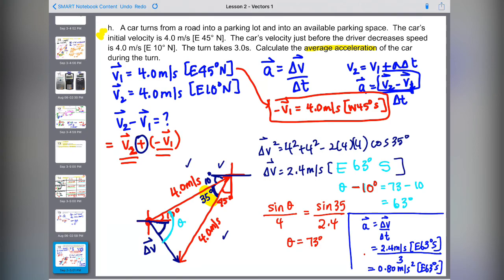Super long and lengthy. Two big parts. Do you know how to do vector subtractions? And then after you've done that, you just divide it by a scalar, which is time, and it's still going to